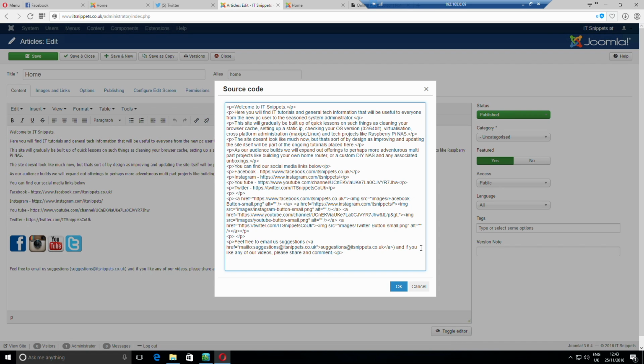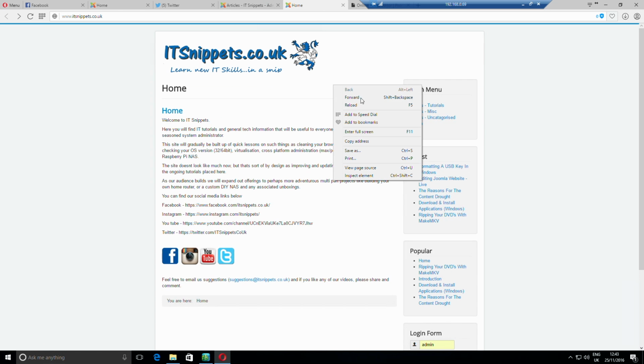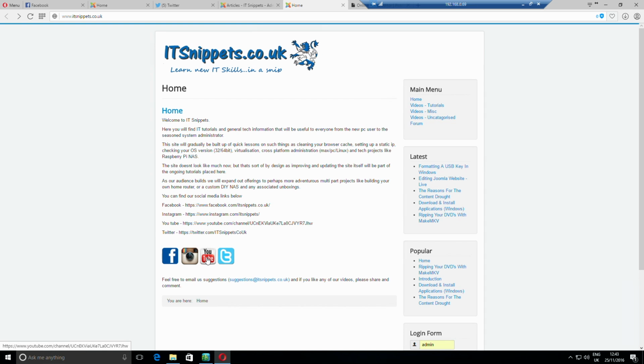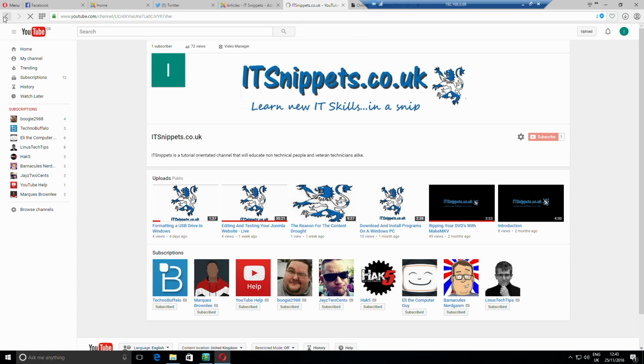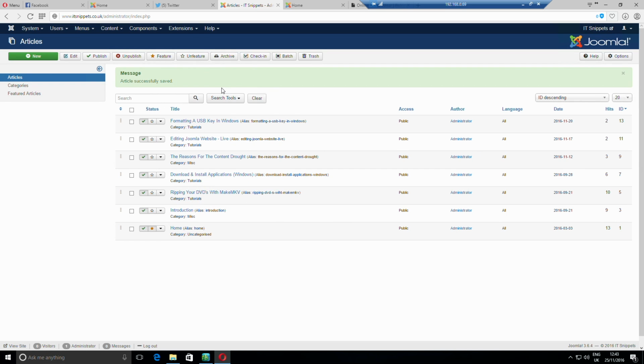and there's the, see the greater than sign's been added to it, that's what it is. You see, so it is the right link, it's just got extra characters that it shouldn't have. So if we click OK, save and close, for that to save, refresh over here, or reload rather, click on that and it takes you to ITSnippets. So there we go. That, ladies and gentlemen, is how to make a few quick changes to add your social media links, to add social media buttons rather,